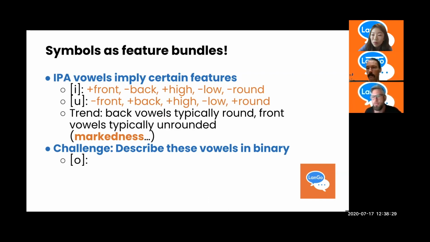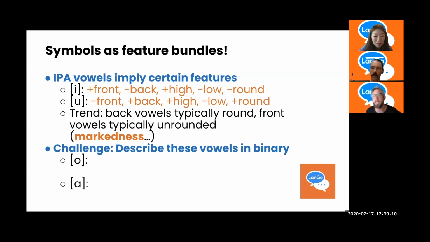But just looking at O for right now, you can say it's just copying the exact same features we have with a 2 above it. You can say, well, for frontness, I would say O is minus front. For backness, I would say it is plus back. For height, we have a different problem. It's minus high. It's not a high vowel. But it's also minus low. It's not a low vowel, right? So now our sequence looks like minus front, plus back, minus high, minus low. When we get to rounding, we would say it is a round vowel, as we've just discussed a bunch of times. Even without the W at the end, like we do in English, it's still a rounded vowel.